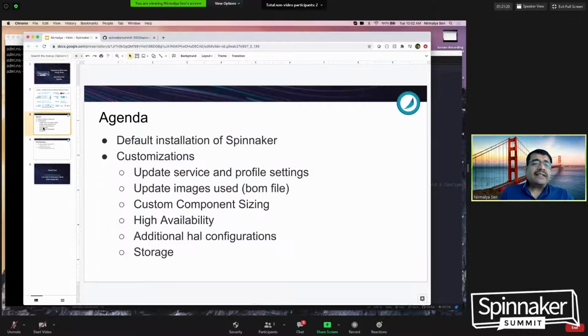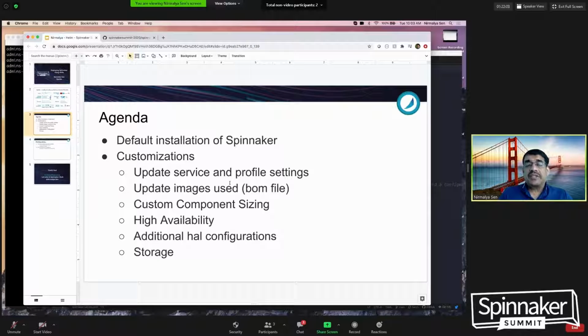With that, let's get on the agenda, what we're going to talk about today. Again, not too many slides. This is a live workshop, so I'll really do a show and tell mainly, not slides. So we will walk through, like I mentioned earlier, how to do a default installation of Spinnaker using Helm very quickly. And then, look at all the customizations that are provided within the framework so that you can do a lot of the customizations that are needed for a production deployment of Spinnaker,